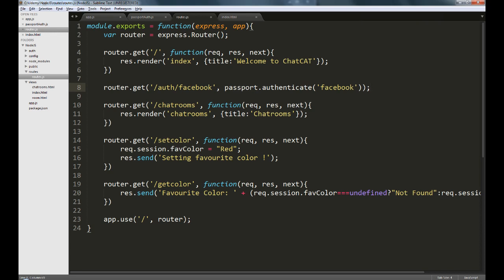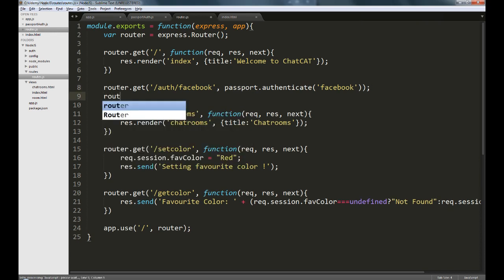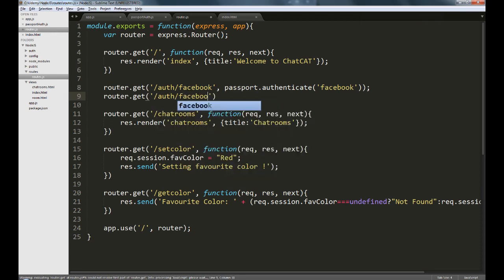Once Facebook has successfully authorized the user, it returns access back to ChatCat via the callback URL which we had set earlier. So let's create that route as well. So we're going to do a router.get, and we'll set this to /auth/Facebook/callback, and we will pass in